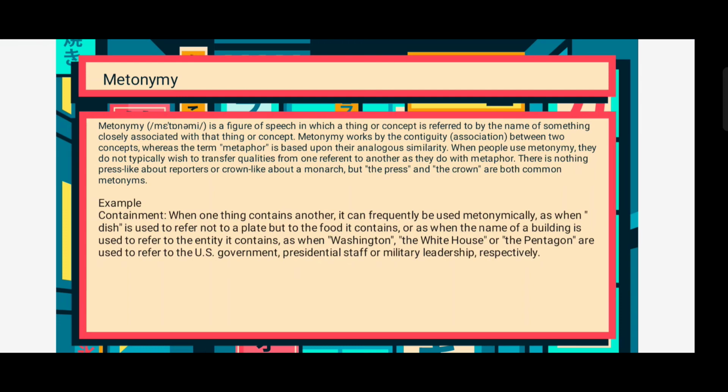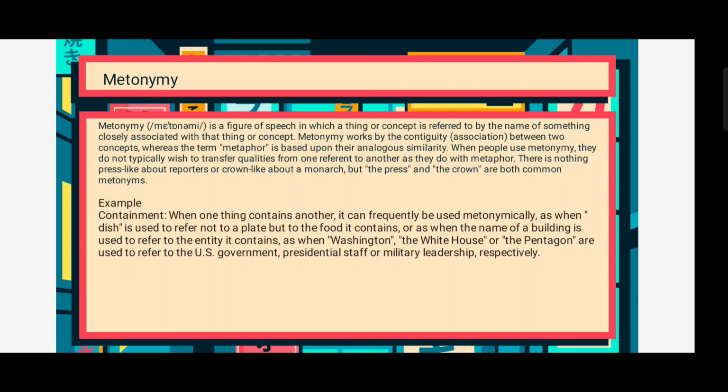When people use metonymy, they do not typically wish to transfer qualities from one referent to another as they do with metaphor. There is nothing press-like about reporters or crown-like about a monarch, but the press and the crown are both